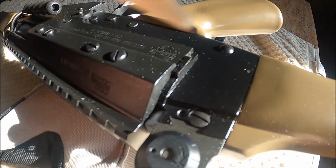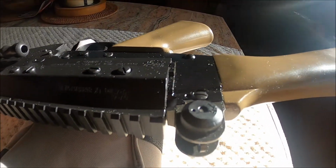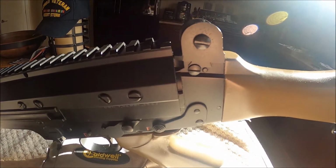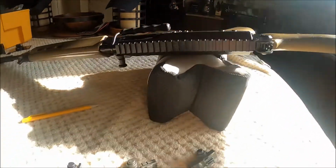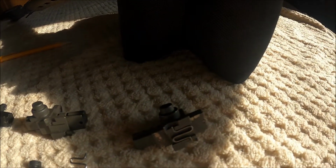So these screws also allow you to adjust drift. There's a screw on this side and there's a screw on this side. Loosen one, tighten the other, and that's how you drift the rear sight over for windage. Okay, so besides the fact that this is smooth bottom and doesn't use a spring, and that one uses a spring, and that one uses a spring,